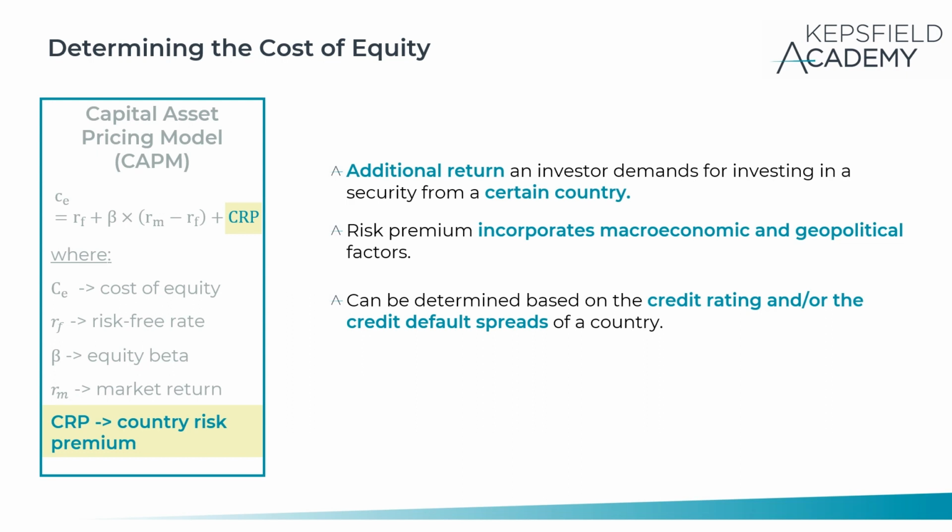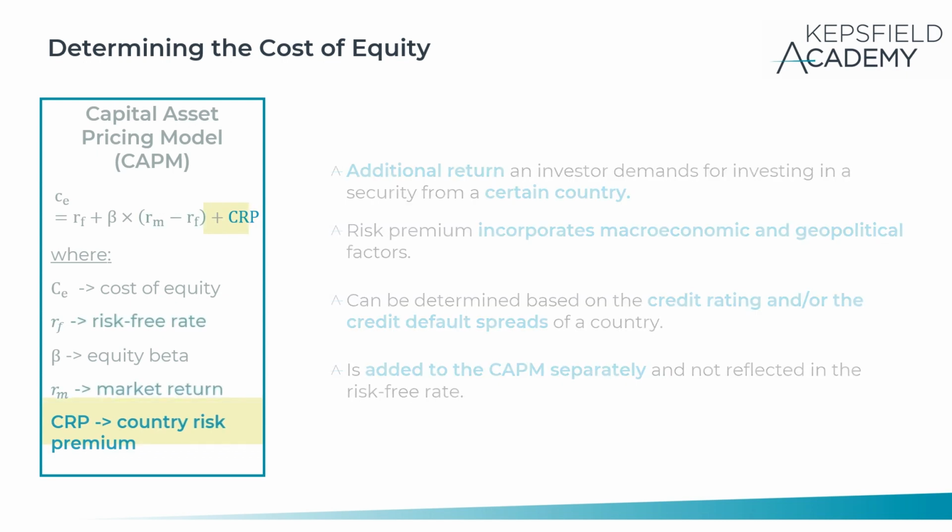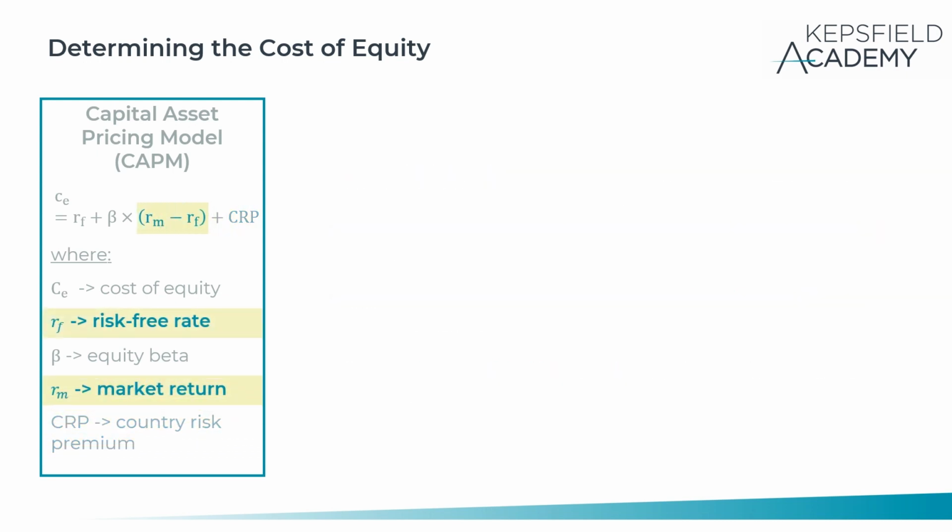Alternatively, investors can use the credit default spread, CDS, of a country to determine the country risk premium. The CDS spread is the difference in yield between debt instruments of similar maturity but different bond ratings. The country risk premium is added to the capital asset pricing model, CAPM, equation and is never reflected in the risk-free rate itself. Next, we'll explore the concept of the market risk premium, MRP, an essential component in determining the